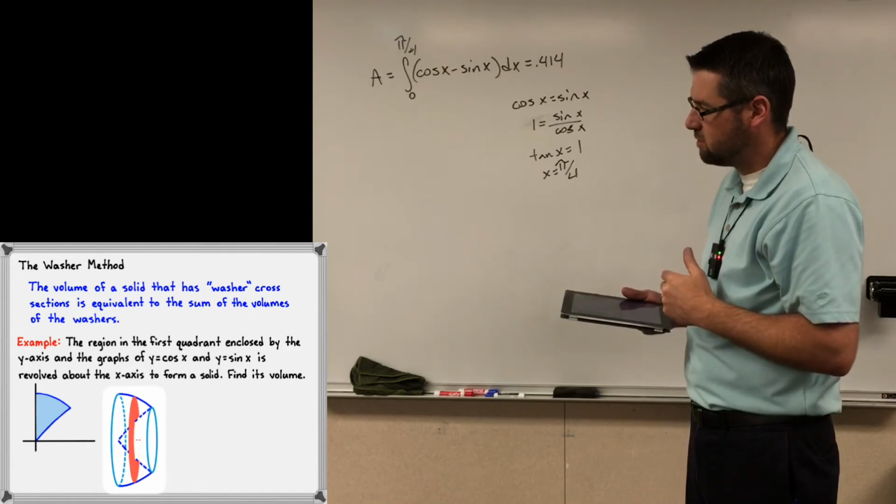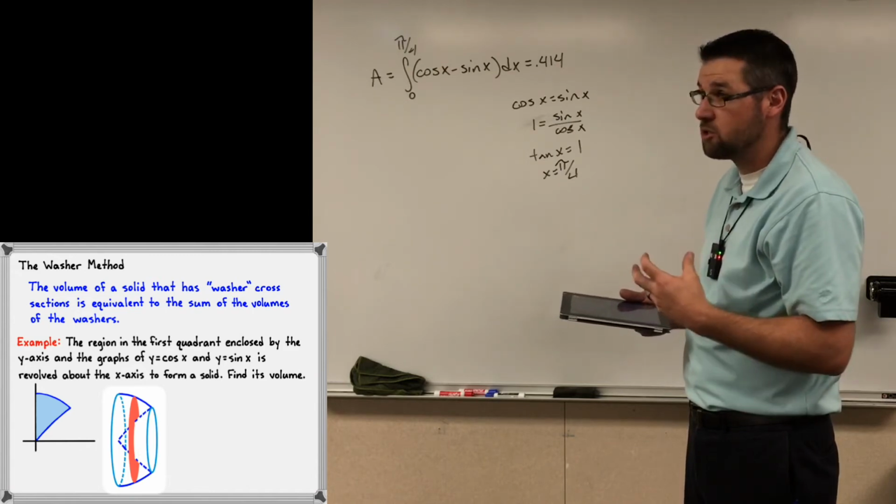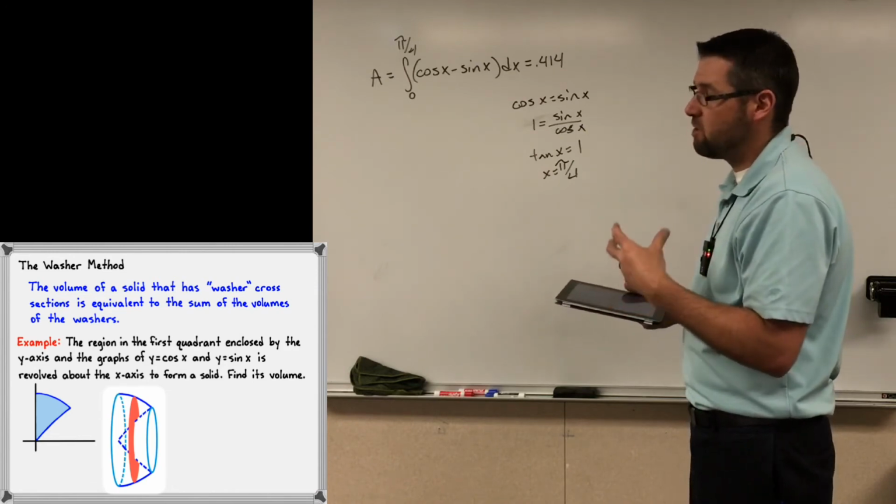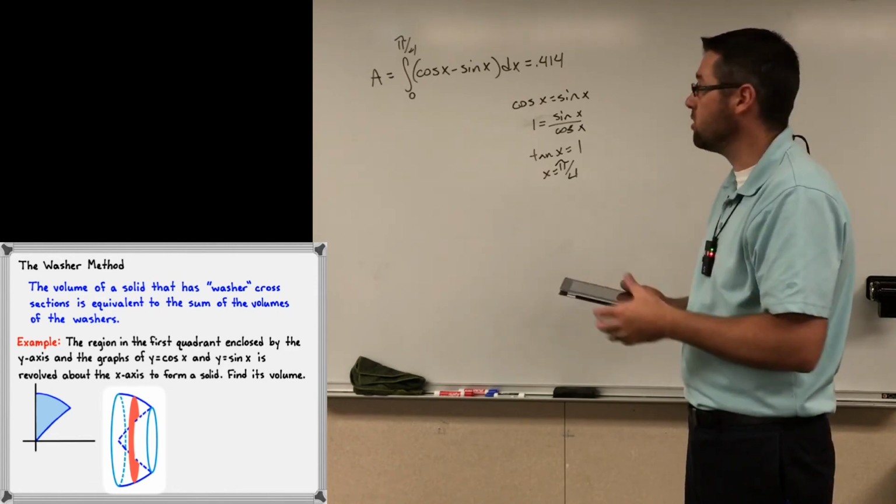Can you see the cross section? Do you see the washer? Yeah, the circular thing with the hole, right? So how do we find the volume or the area of the washer? Because remember,